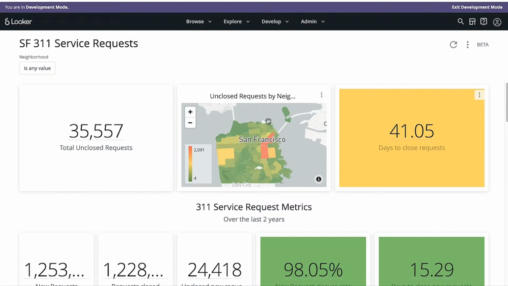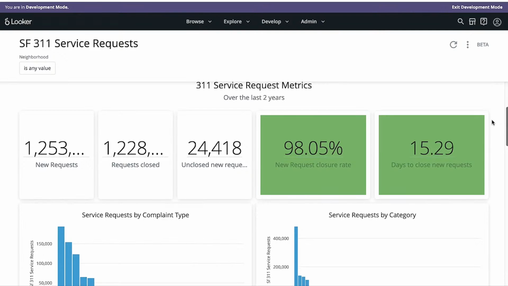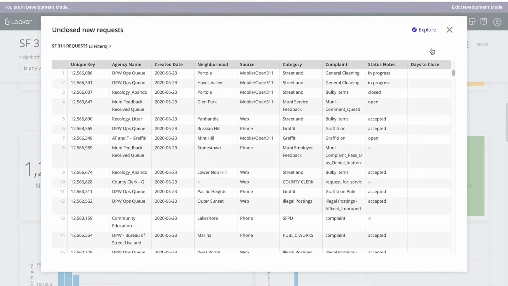Now I can come down here and I can define custom boundaries using any of these maps. And I can see out here key metrics that have been defined in Looker's LookML layer, which we'll examine in a minute. But the real power of Looker as a data experience is it allows me to drill down further into my data and see, for instance, this tab shows me all of the unclosed requests that have been opened in the last 3 years. I can see that there are